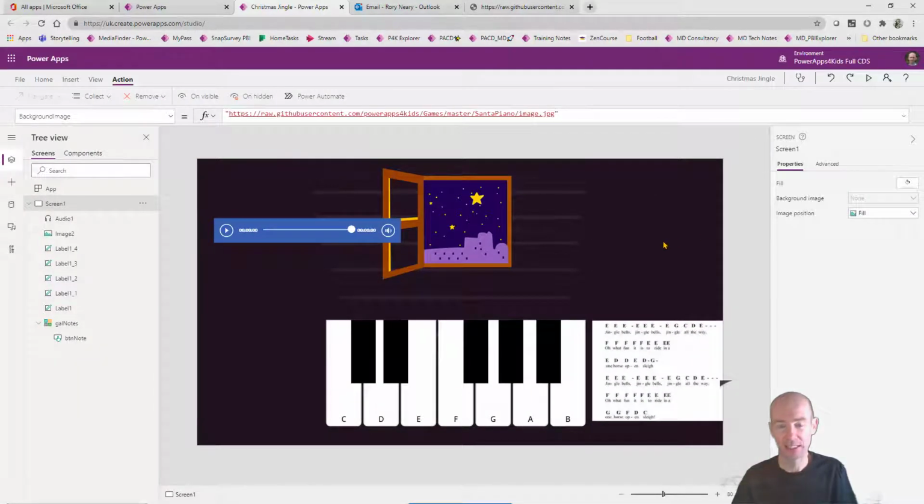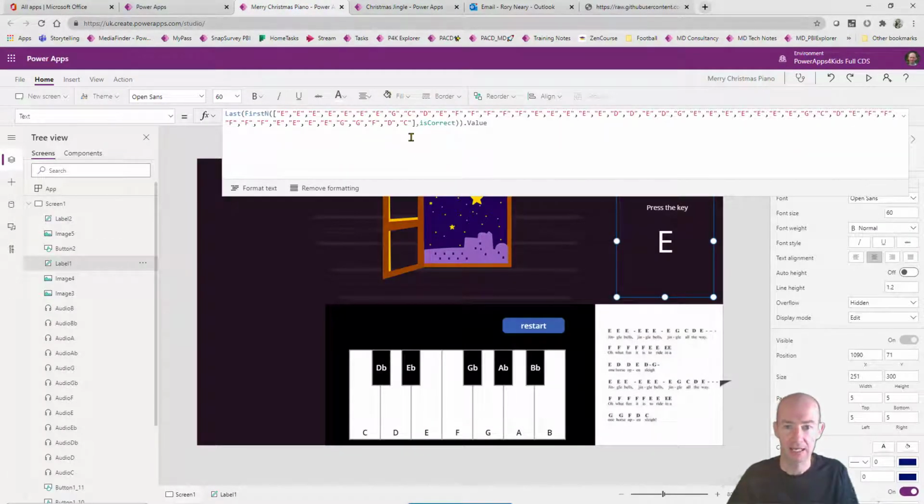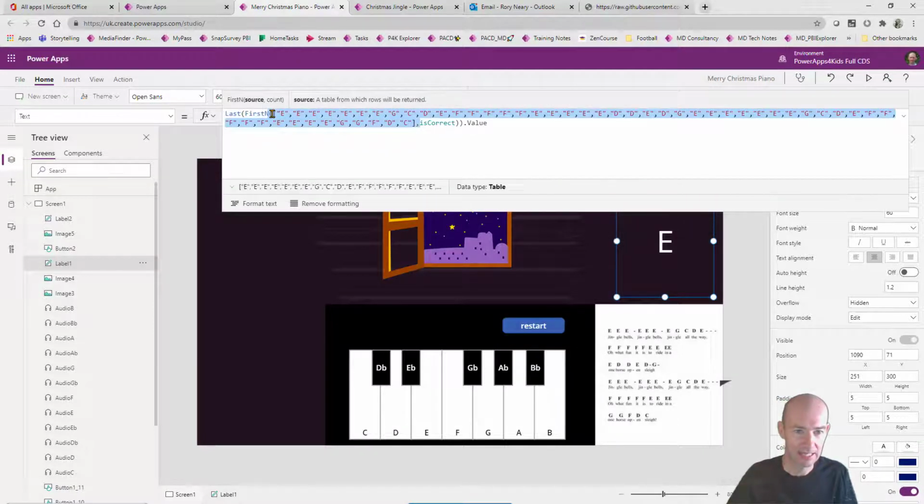The next part of the process is that we need to be able to have a way of it telling us what to play. Now, what I need to do with that is I need to get all of these letters, and effectively I need to write them out. So what I really need is a big long list of all of these letters. So what I'm going to do is go to one I prepared earlier, and I will give you this information here. And I'm going to take this information out here, and I'm going to grab that there,